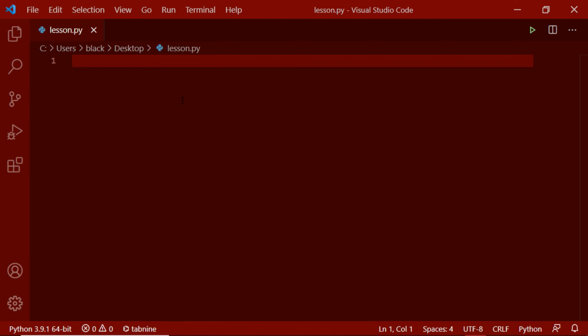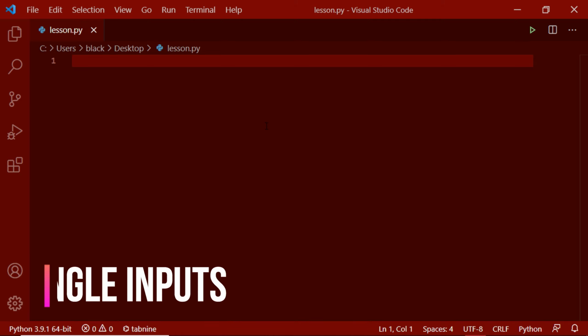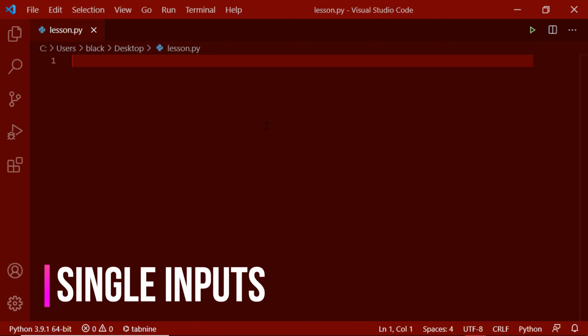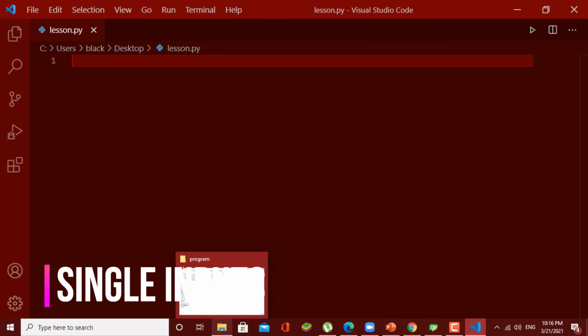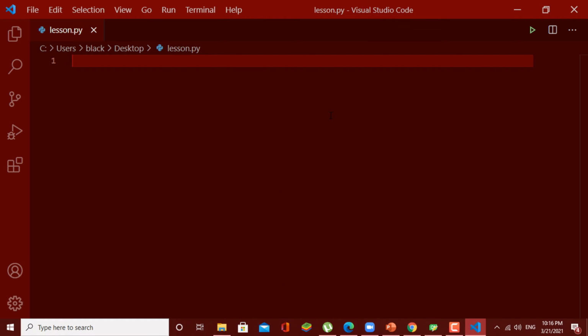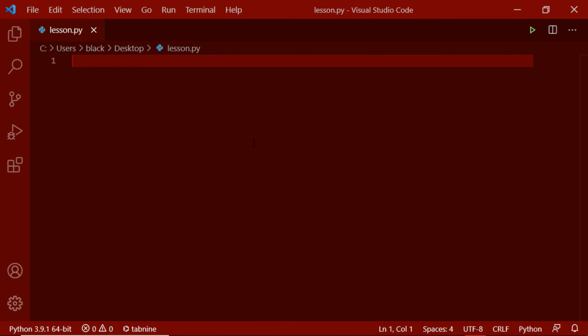There is a Python inbuilt function called input to get user input. Let's see how to use it. I'll declare a variable called a, and I'm mapping the user input to this variable using the input function.